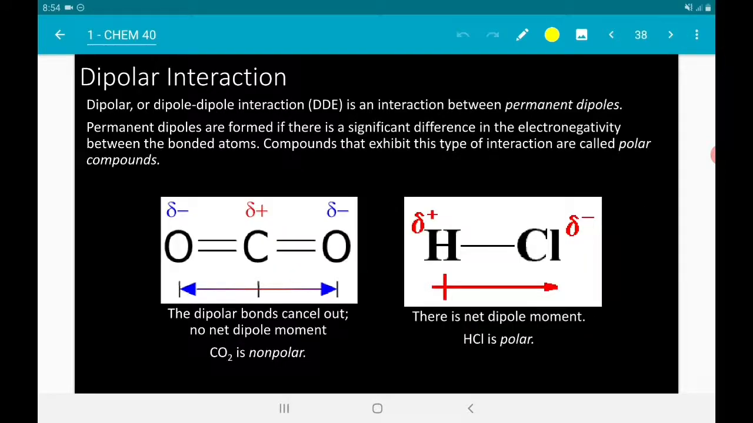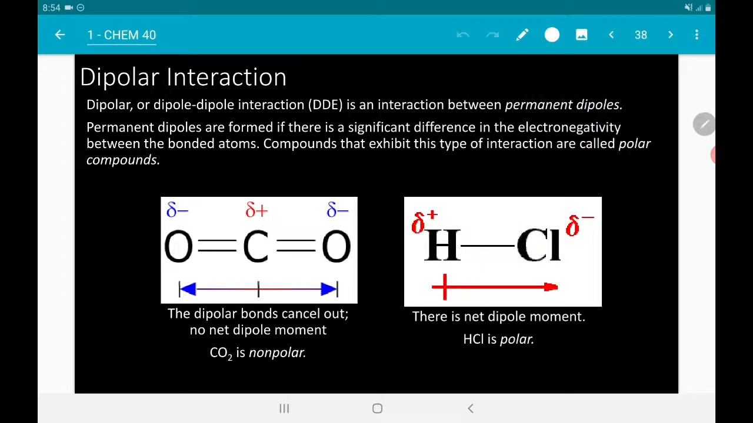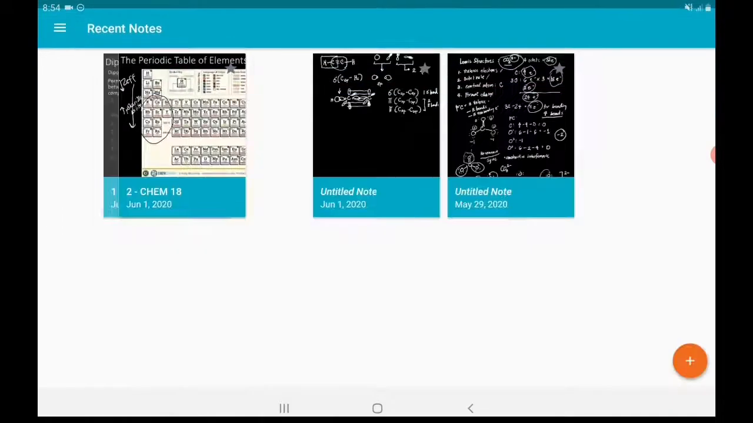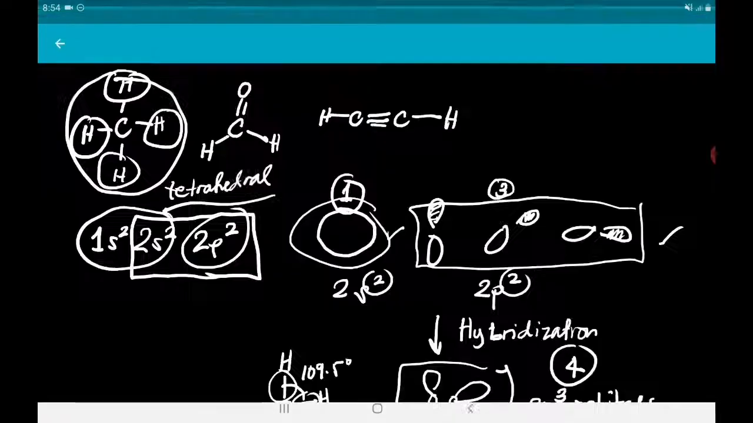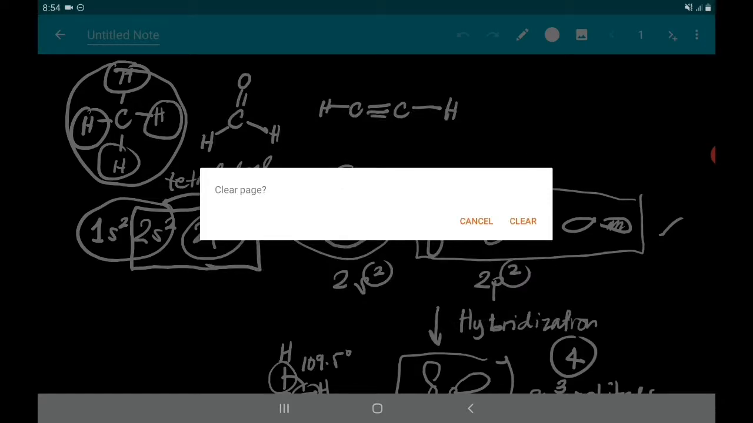So, next, we have this dipolar interaction. So, dipolar interactions or dipole-dipole interactions are interactions between the permanent dipoles. So, requirement dito na marunong tayong magsulat ng Lewis structures. Okay? So, sa Lewis structures kasi natin malalaman kung ano yung dipole moment ng isang molecule. So, how do we do this? Okay? So, for example, we have